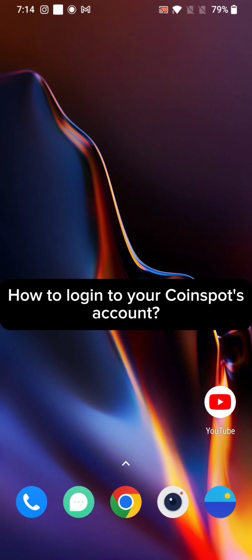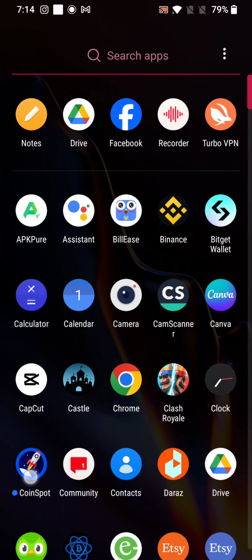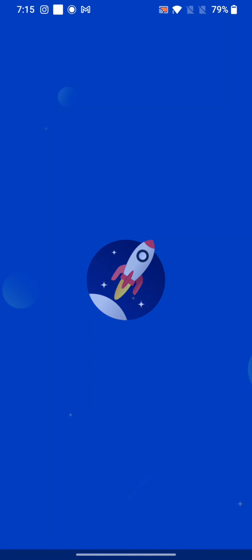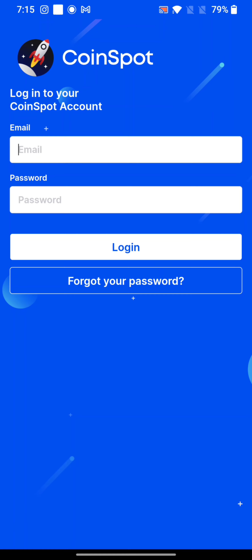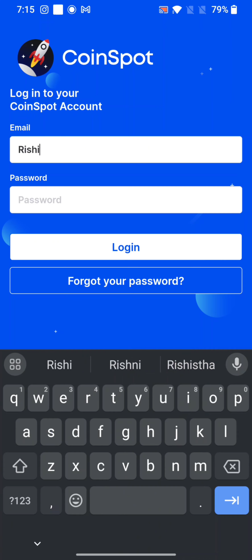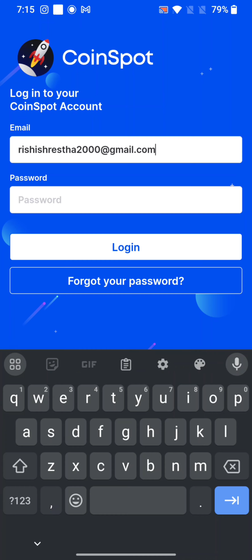To log into your Coinspot account, firstly go ahead and open your Coinspot application. The official page of the Coinspot application will appear on the screen. Click on the Login option. On the next page, enter your email address and password associated with your Coinspot account and